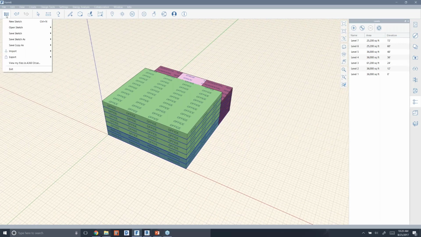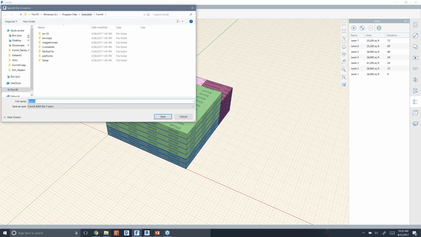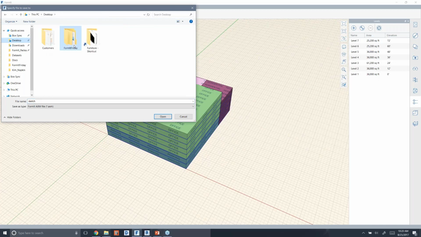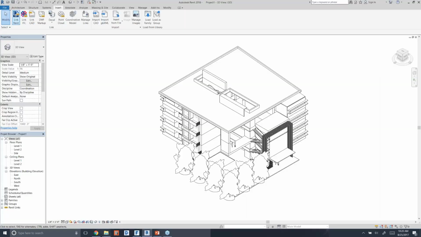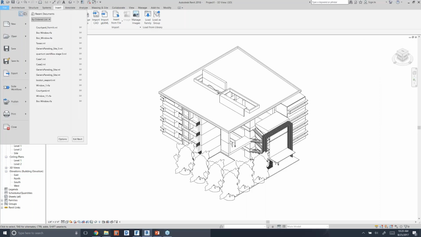What I want to do real quick is give you a preview of these materials transferring over to Revit. So I'll click Save Sketch and Save Locally. And I'll pop onto my desktop to that FormIt Friday folder, and I'll call this one Programming. And then I'll jump over to Revit, start a new file,